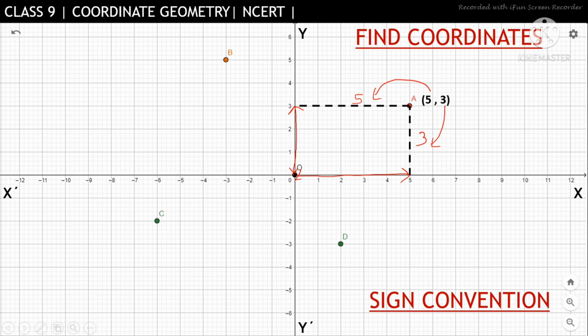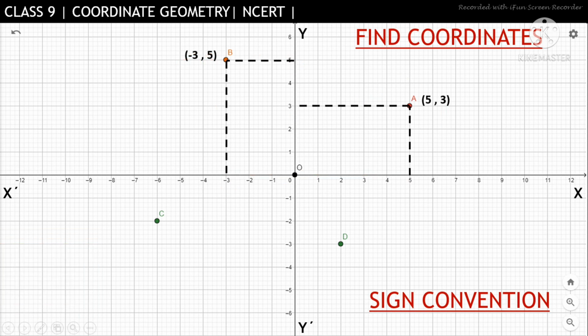Right, moving on to the point B now. So here, draw the perpendicular of B to the y-axis and again the perpendicular to the x-axis. First is the y-axis, we can see the distance of the point B along the x-axis. You can see along the x-axis, so what can we write? 3 units. Now along the y-axis, we can see here it is 1, 2, 3, 4, 5 units, right? So clearly it is seen, now we will use the sign convention. Negative x is there, so minus 3 and plus 5. So the position is minus 3, 5.